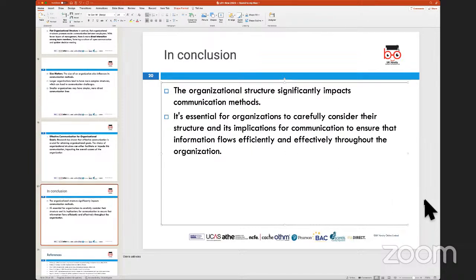And it is important for the organization to consider carefully how the communications are done, how effective that channel is, and how many people are involved in the communication process, so that at the end of the day, the communication can be done swiftly, effectively, and it can help in resolving the problems of the customer or the patient. And that is where the structure of the organization can play an important part.